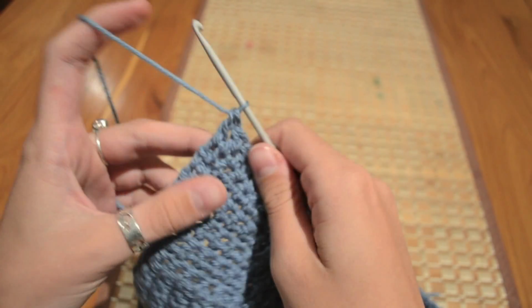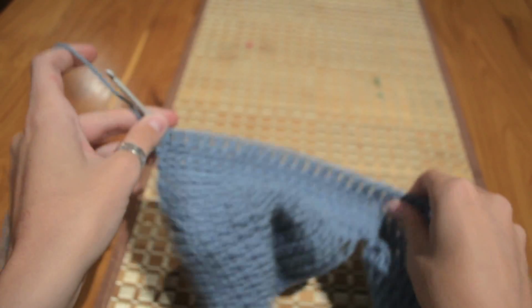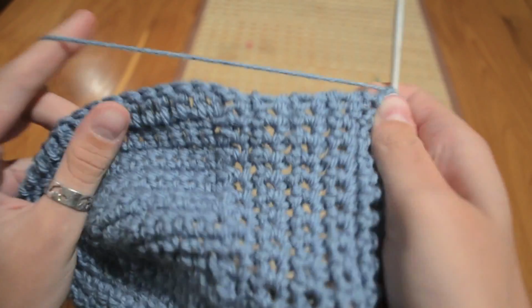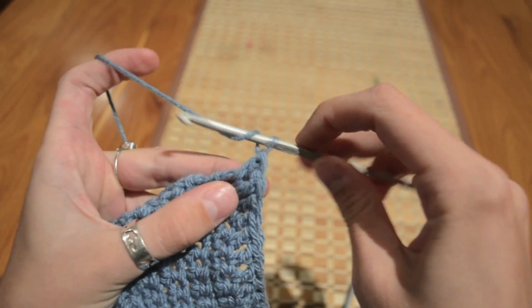So I only did about 10 or 12 rows. I would usually make it about that long, but I kind of ran out of wool. So once you've made it as long as you want, we have to make the side part to join it around your back. So first we chain 2,